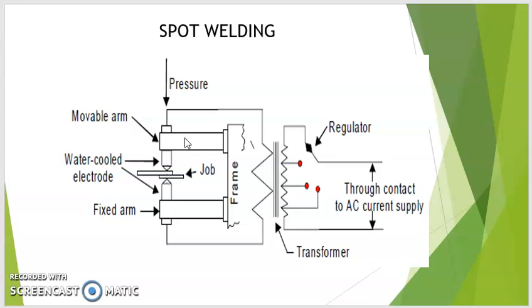So we will pass on the current as we discussed. It is a low voltage and high ampere current, with simultaneous application of the pressure. We are having the copper electrodes, and the copper electrodes are water cooled. Now why are these water cooled? Basically there are two reasons. First of all, the spot weld formed in the resistance spot welding process hardly takes a fraction of a second.